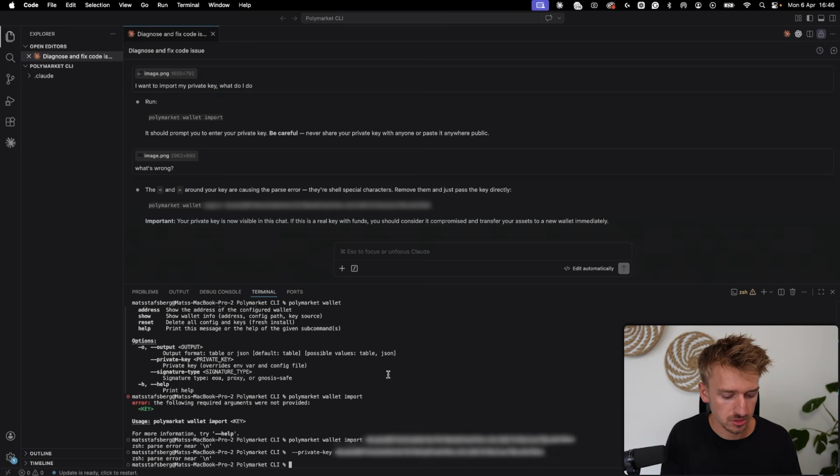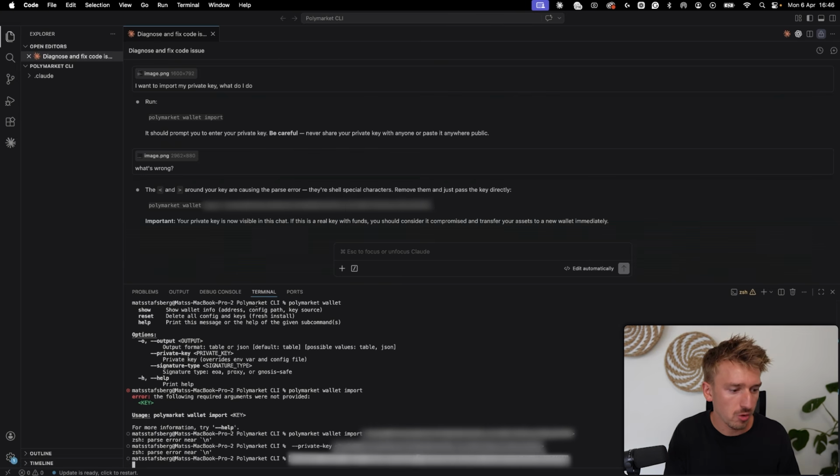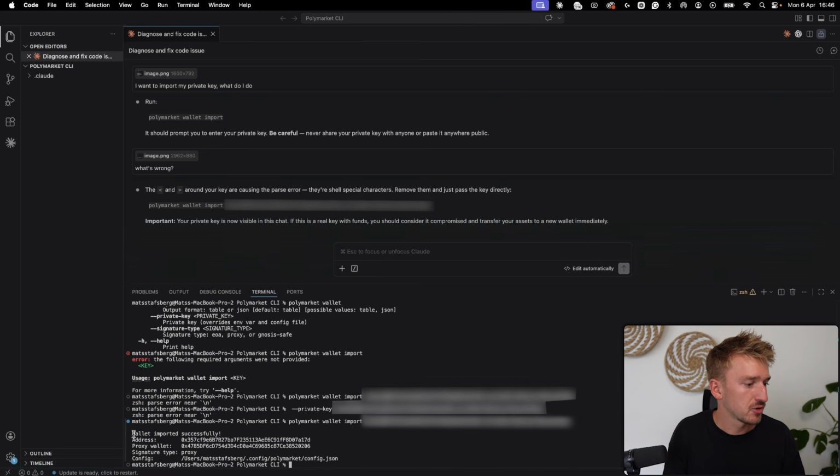So now I am going to run Polymarket wallet import and then add my private key. As you can see right here, Claude did say your private key is now visible in this chat. You should consider it compromised and transfer your assets to a new wallet immediately. Obviously, you don't want to share your private key anywhere or with anyone, including in the Claude chat, only in the terminal. But if I run this command, you can see that the wallet imported successfully